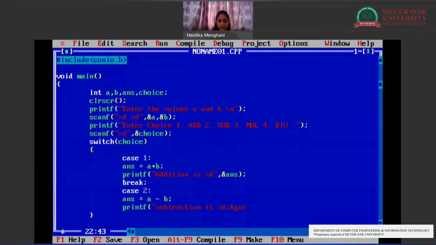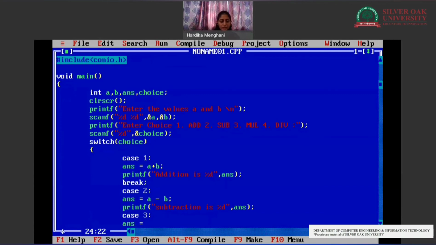Okay. Here the double quotes will be ending. We do not need to add an ampersand in the printf statement, because if we add an ampersand in the printf statement, we will be printing the address of that particular variable. So we won't print the address, so we won't be writing the ampersand.